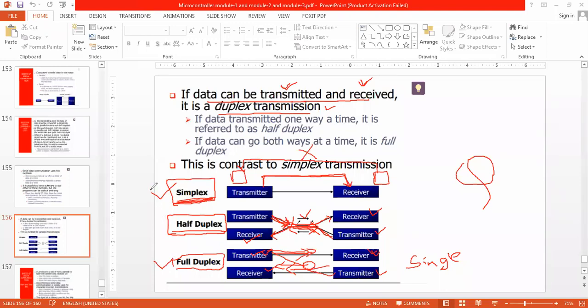So what are we following in the class now? Presently we are following simplex communication, correct? What type of communication are we following now? Who can tell me? Okay, I can understand that it is a simplex communication only, because I am not getting any reply from you.